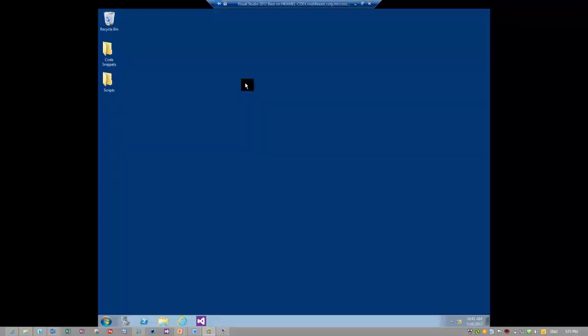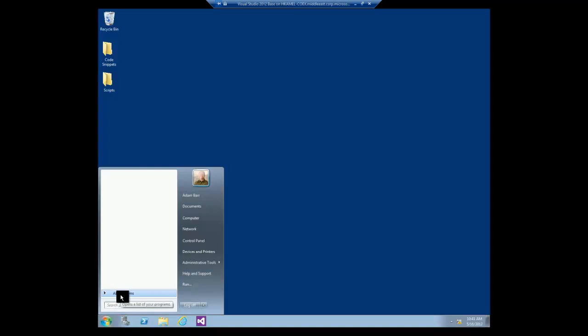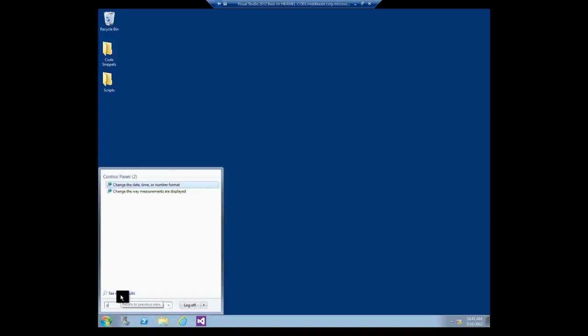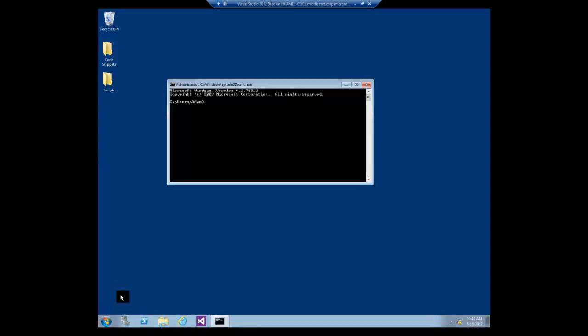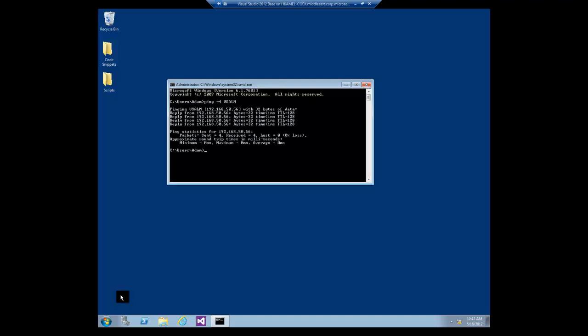So just click restart. After restart, make sure that the two virtual machines can communicate with each other. In order to do so, you have to go to the command. From start menu, type command and then type ping -4 VS2012, which is our parent virtual machine, and click enter. We will find that the virtual machine is replying back, which means that we are able to communicate with each